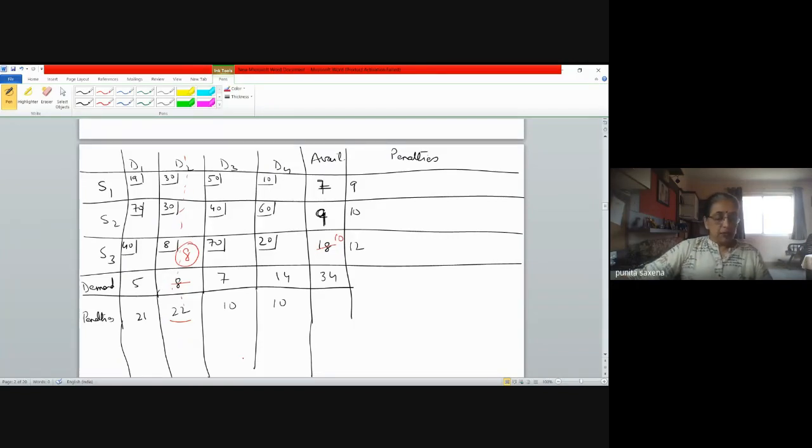So now we'll repeat steps 1, 2, and 3 again. That means we'll again compute a new set of penalties and then we'll make the allocations. Now if we compute the new set of penalties for this row, I have to again repeat the procedure: minimum cost and the next minimum. In this case, it still happens to be 10 and 19. So the penalty still happens to be 9 here.